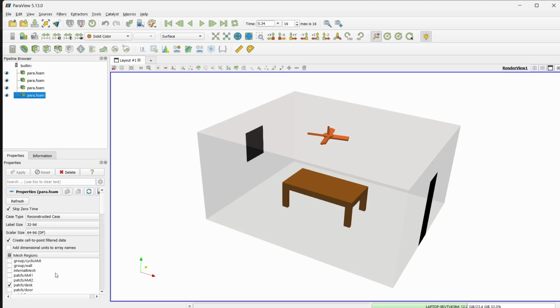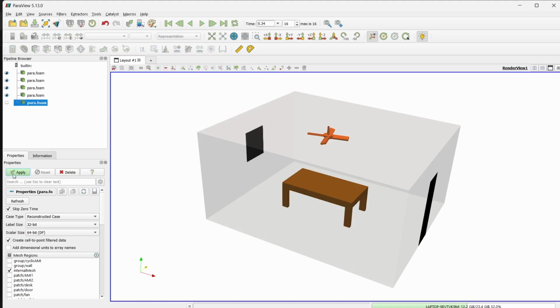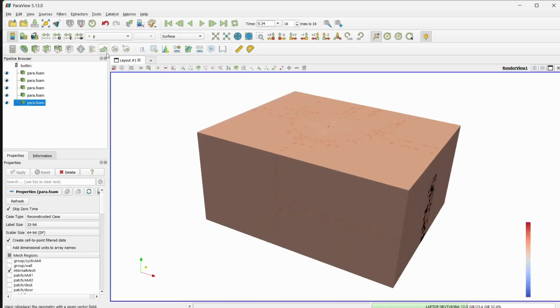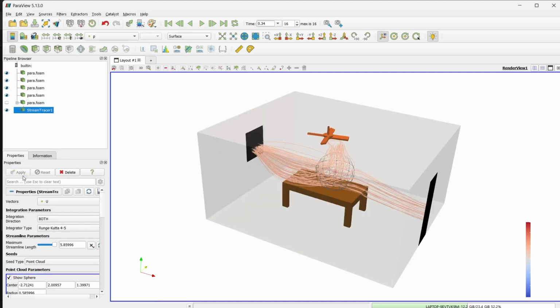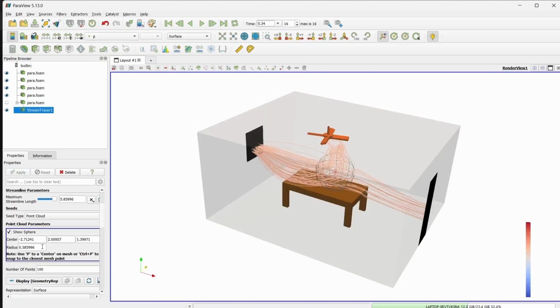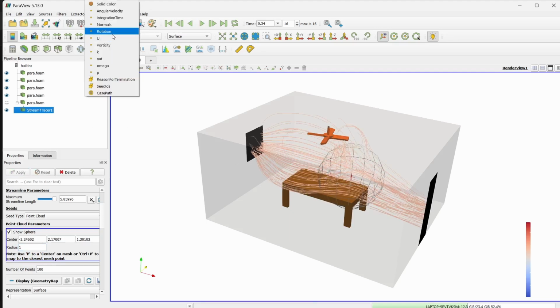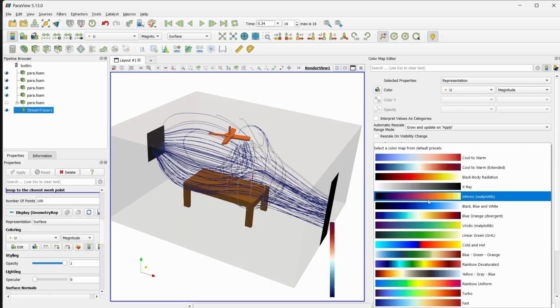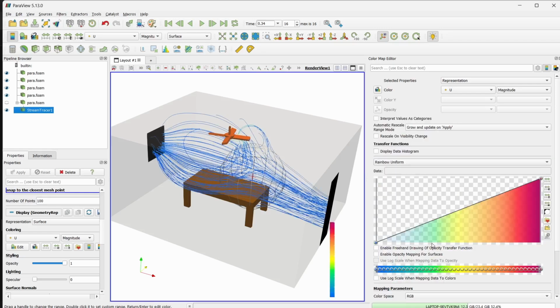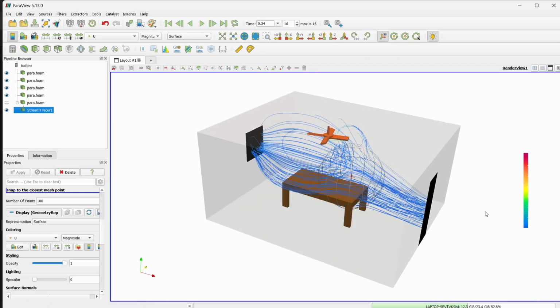To do that, I have to add one more para.foam, click on apply, let this all be there, and click on streamlines. To change this to point cloud, just click on apply. Initially you will get something like this, and you can make the sphere bigger. One, yeah, that looks fine for me. Position it something like this, click on apply, change the color to velocity, or else you can change the color palette also. Let's say I'm just going to rainbow,